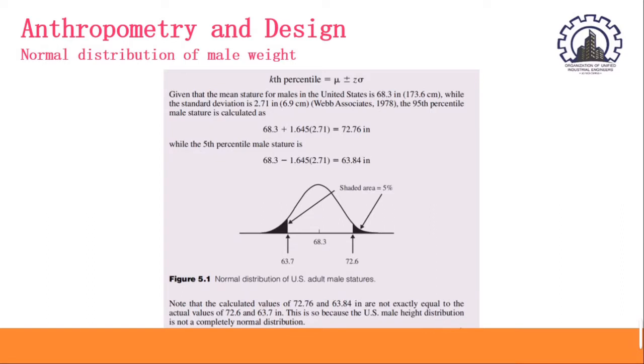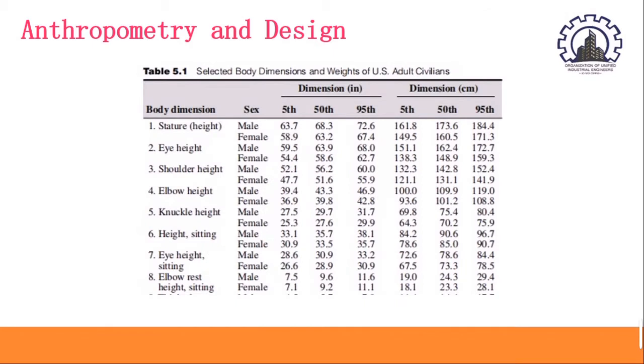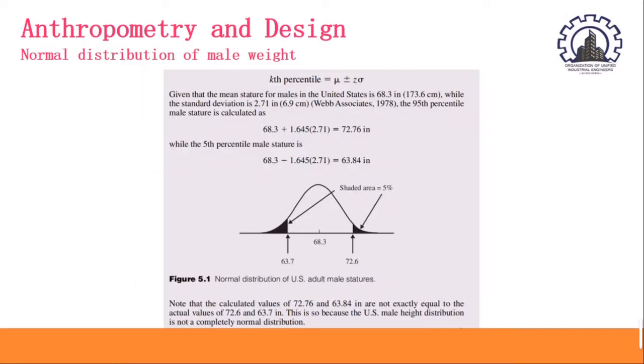Now, given that the measured stature for males in the US is 68.3, according to this table, in the stature, the 50th percentile, the 5th percentile, and the 95th percentile, while the standard deviation is 2.71, or 6.9 cm, according to Webb Associates in 1978, the 95th percentile male stature is calculated as